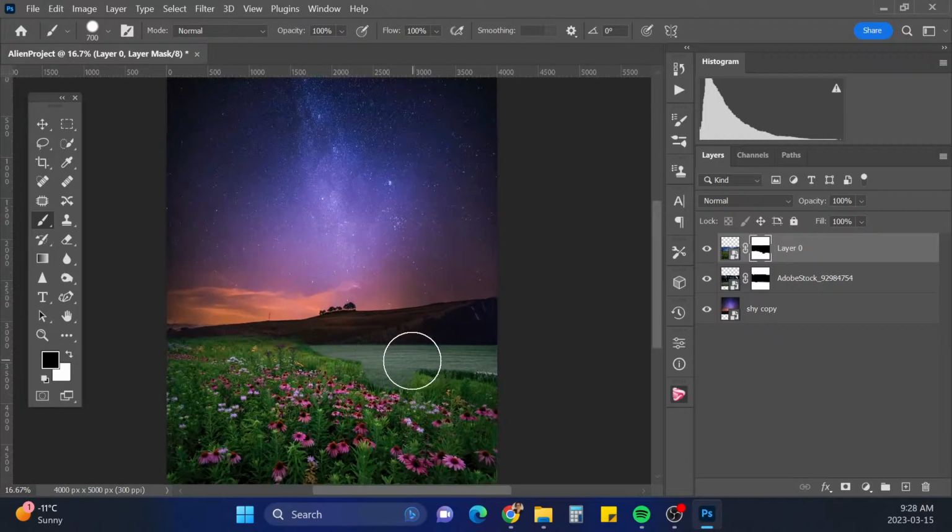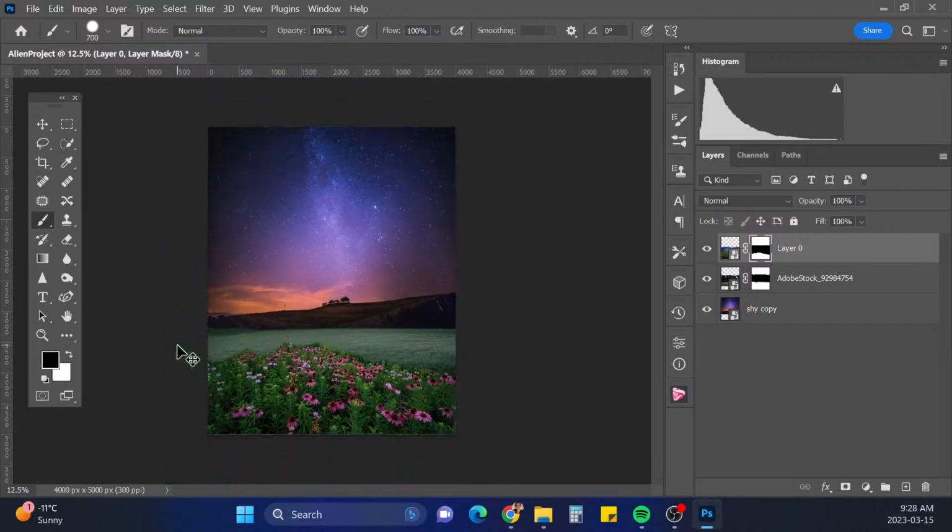Probably right about here. Maybe go down like this. Okay, I'm just gonna leave it like that for now. I know it looks really bad, but we'll work around it.